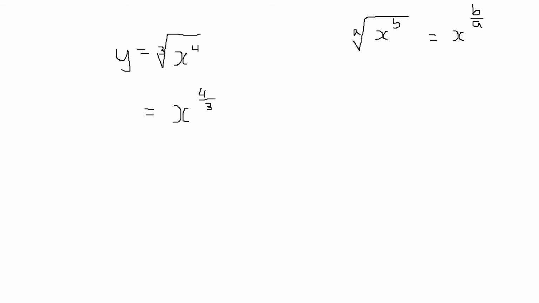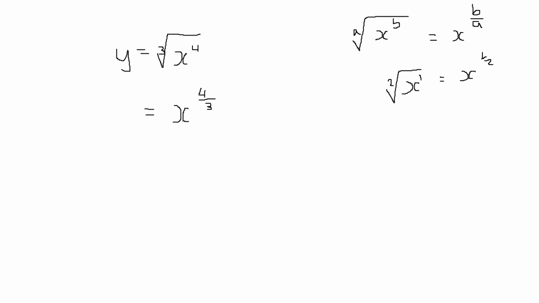Or you could always think of a common example. A common example usually helps too, so you always remember that common example. So it's easy to remember that the square root of x is always x to the half. Think of this as a simple and common example. But why is this x to the half? Because the square root means that you have a 2 here, and the x alone means that there's a 1 there. So whichever way would help you remember, you would choose that way. So with that in mind, that's a fact that will remain, right? So when you leave it like that, then we have x to the 4 over 3